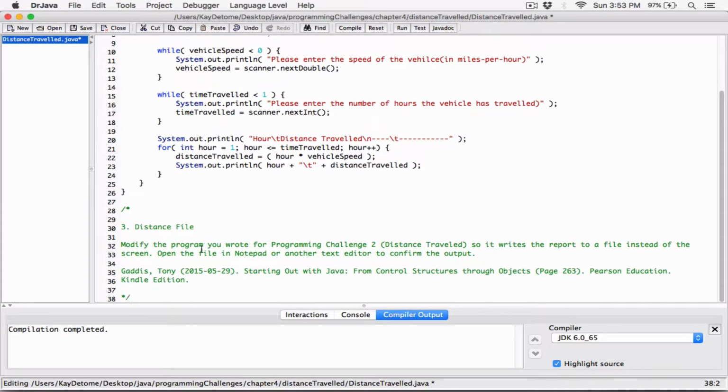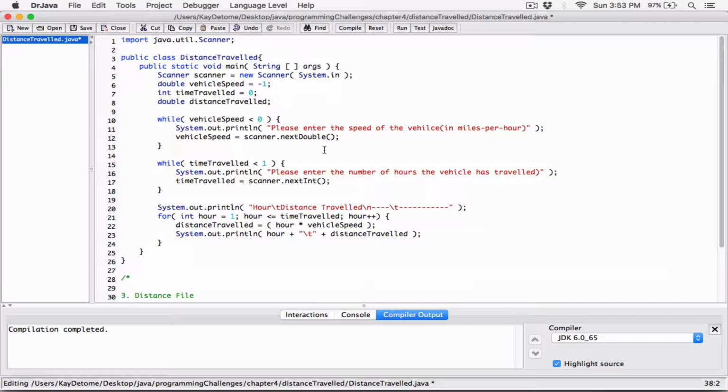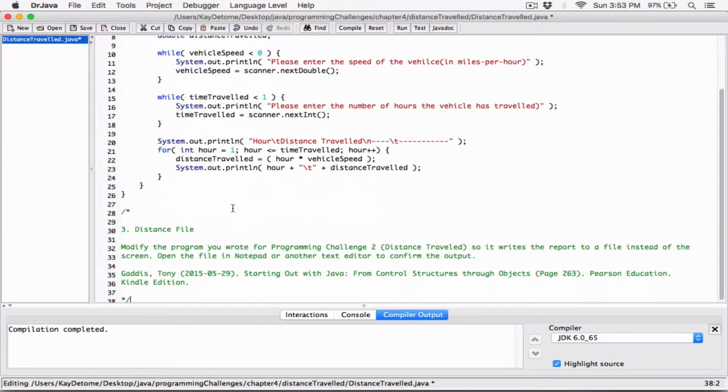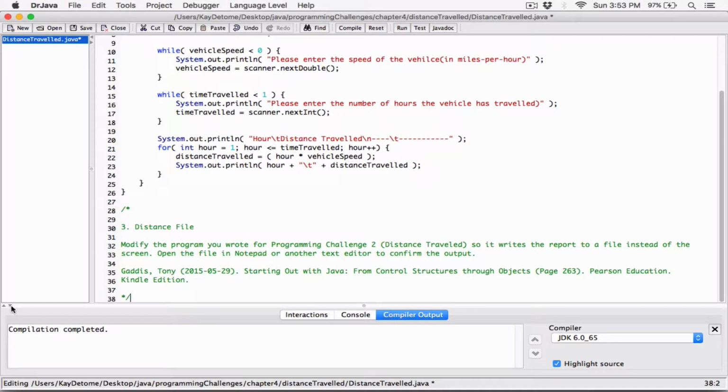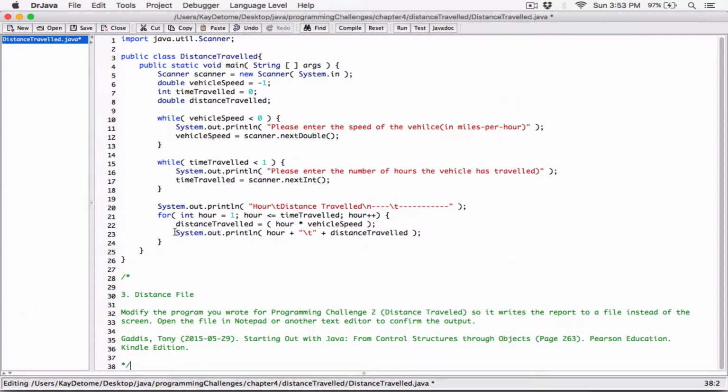It says modify the program you wrote for programming challenge 2, distance traveled, so it writes the report to a file instead of the screen. Open the file in Notepad or another text editor to confirm the output. Okay, so what's going to happen is this program is going to stay the same. The only difference is the program wants us, instead of displaying this result,